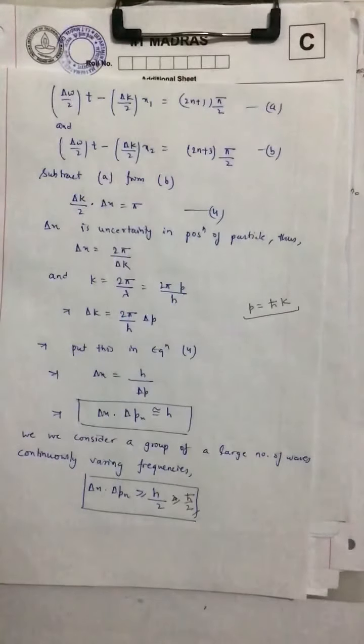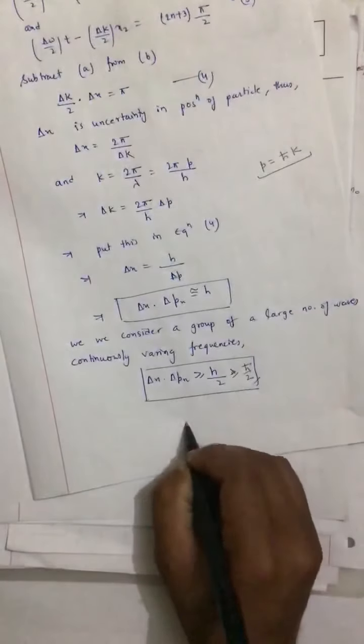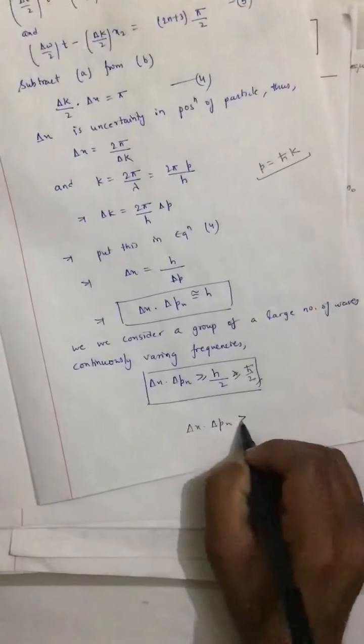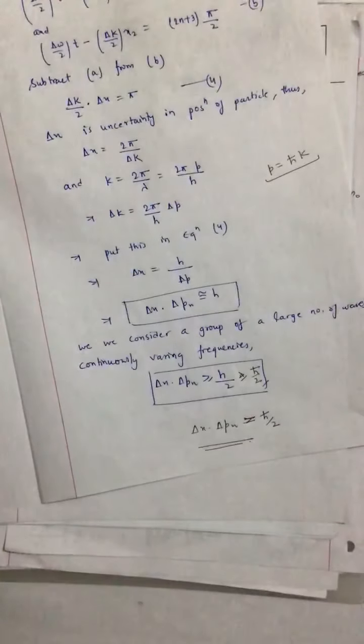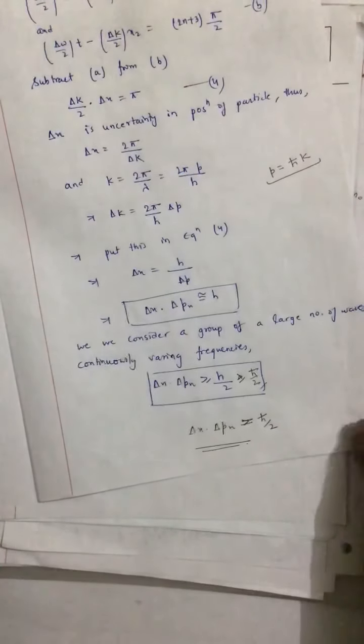Now I use the Gaussian representation to fix this uncertainty principle. The Gaussian wave packet is a wave packet in which we have the least bound uncertainty in the measurement of both position and momentum simultaneously. For the Gaussian packet, this is actually what we got: Δx·Δpx is equal to ħ/2. This is the least uncertainty we can get. The uncertainty product will always be greater than or equal to ħ/2, but for the Gaussian function this is of the order of ħ/2. So that's why the Gaussian function represents the best representation of the material particle, where if the particle is moving, then there is a wave